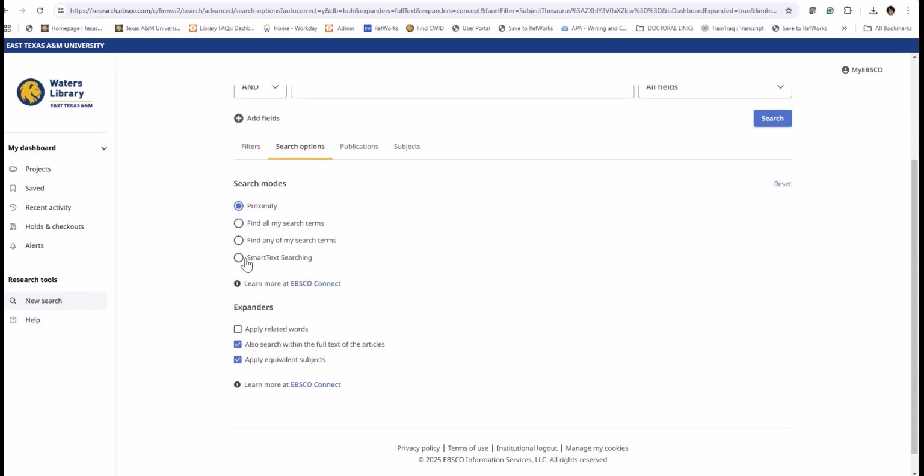I used smart text searching before for some subject terms and it worked very well, but now we saw that for the name of a company, it maybe doesn't work very well. So it depends on your search keywords and your research topic.